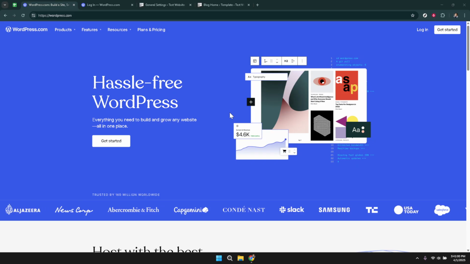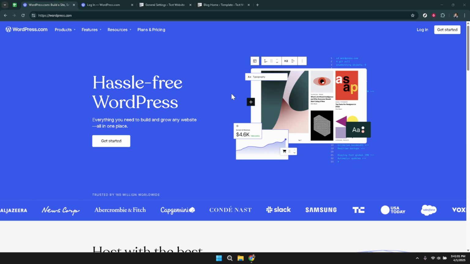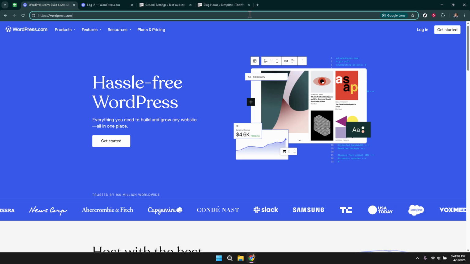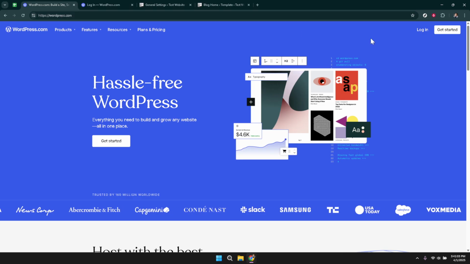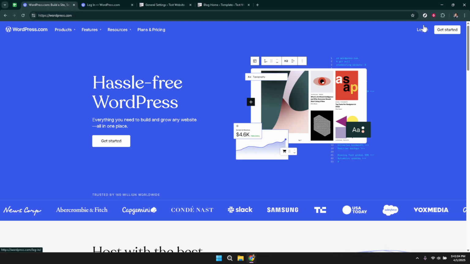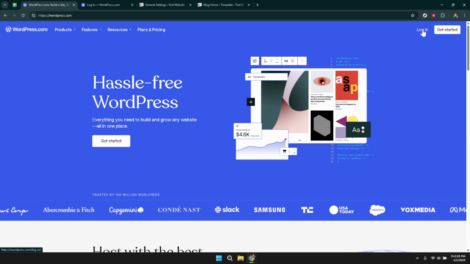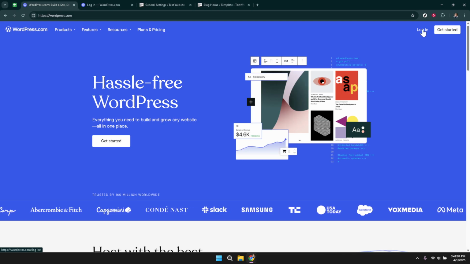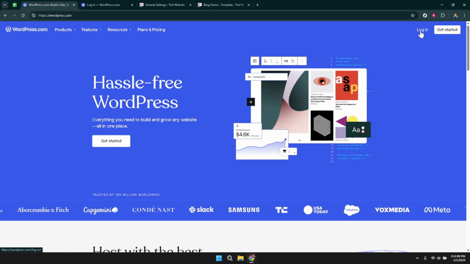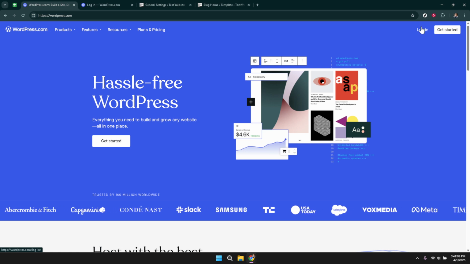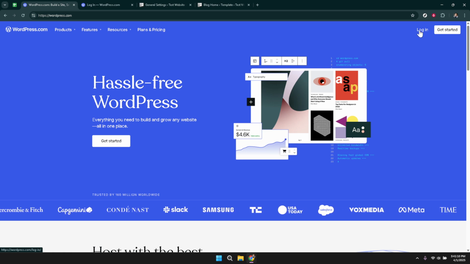Start by opening your web browser and navigating to the WordPress website. This is the central hub where you manage every aspect of your site. Once the page loads, direct your attention to the top right corner of the screen. There you will see a login option that allows you to access your account. Clicking on the login button takes you to a page where you can authenticate yourself and continue making changes to